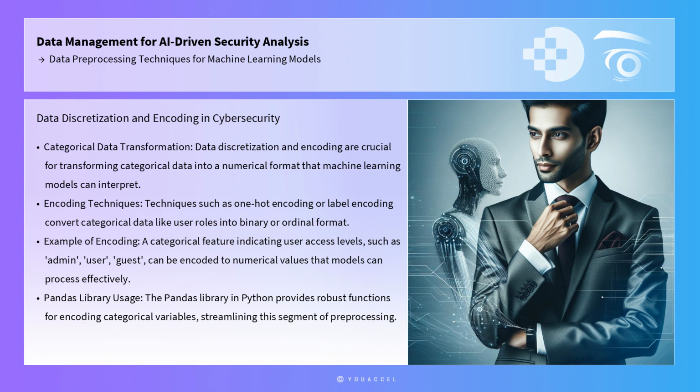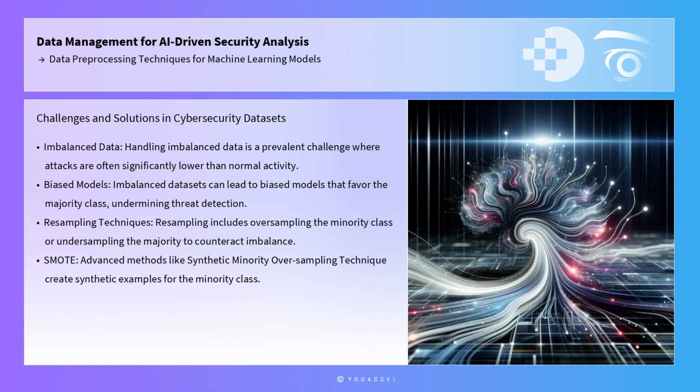The Pandas library in Python provides robust functions for encoding categorical variables, streamlining this segment of preprocessing. Furthermore, handling imbalanced data is a prevalent challenge in cybersecurity datasets where the occurrence of attacks is often significantly lower than normal activity. Imbalanced datasets can lead to biased models that favor the majority class, thus undermining the detection of security threats. Techniques such as resampling, which includes oversampling the minority class or undersampling the majority class, can counteract this